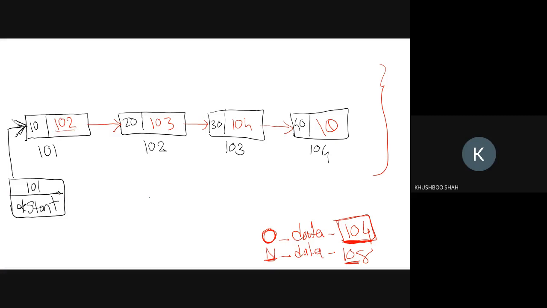Like, from where will we start searching, guys? From the start pointer. Perfect. So from the start pointer we will start searching. You have to think about this logic. First you will say that start, this is the info, and this is your next. So if st_info is equal to old data,